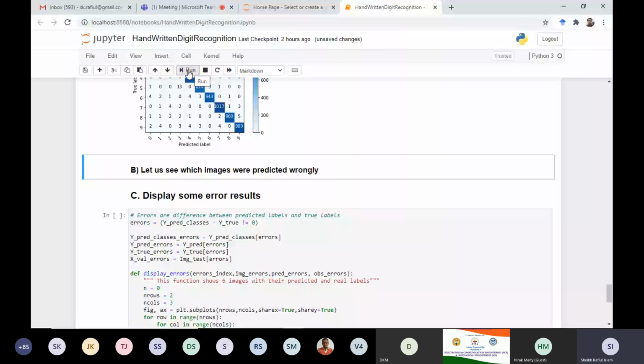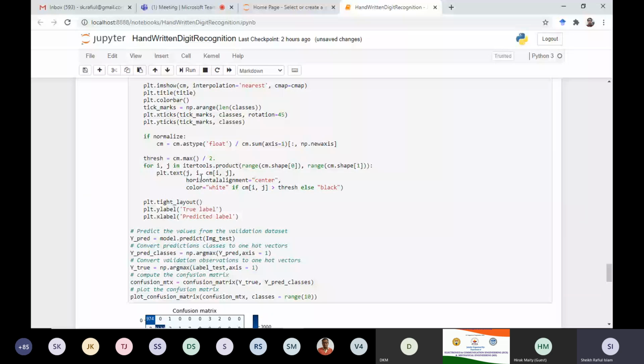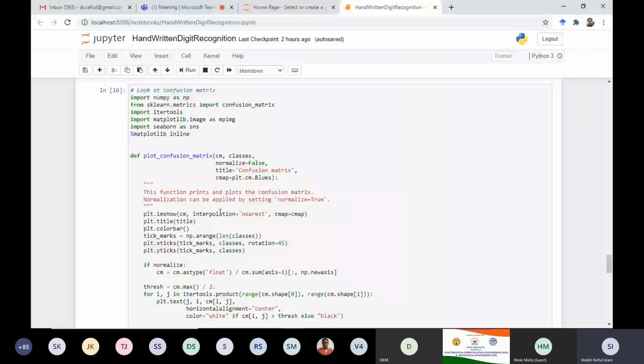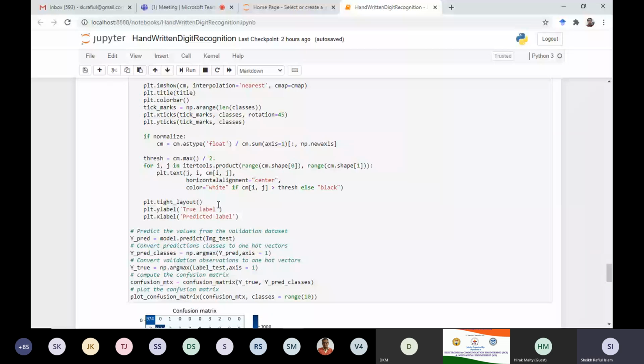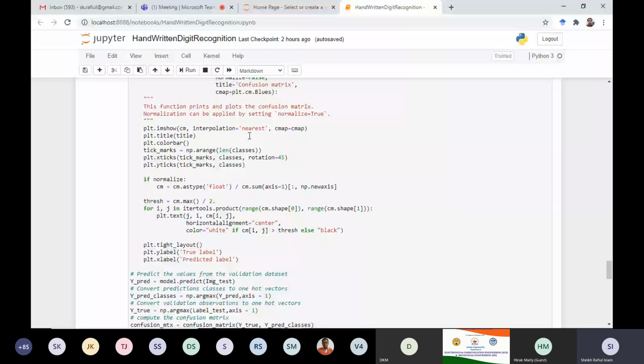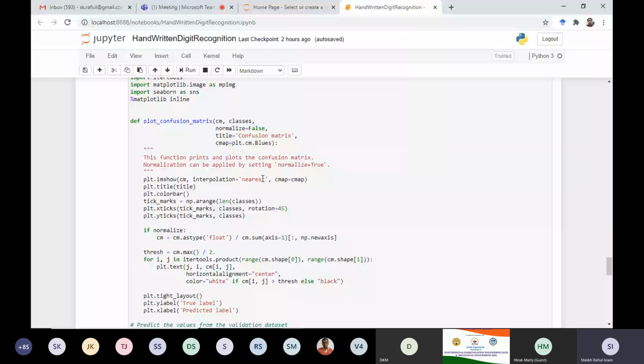Okay, that does not matter. I will add another line to understand you. So this code is for showing the confusion matrix. I think all of you know what a confusion matrix is. Again, there is not much to understand. You can use this code exactly, and to use this confusion matrix, you need to import these tools.